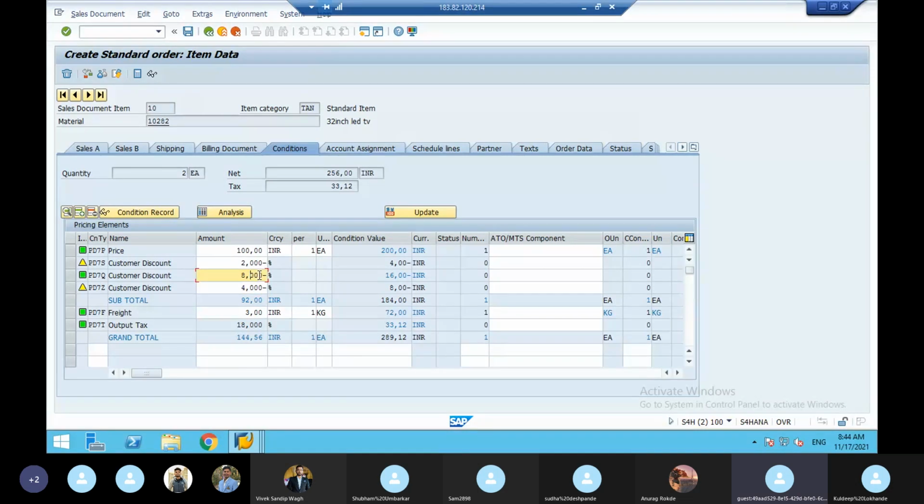This is widely used in other countries. Thanksgiving Day is there in other countries. They'll give a year-end time, they'll give many discounts. Already they have some discount, which means the system has to exclude the old one. System has to take the new one. See, this is the new one. See, the old one it has to exclude. That is called condition exclusion.